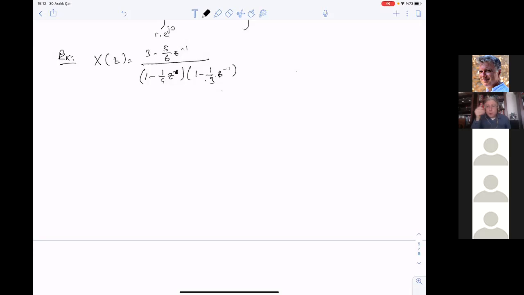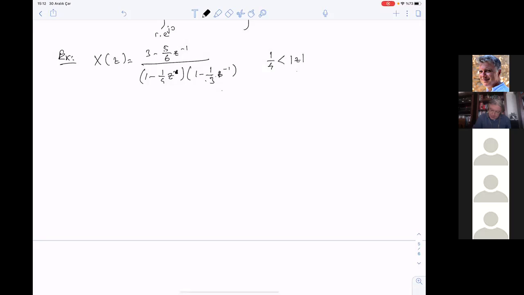So as you see, there are two poles, and these two poles are making it a second order system. So we must have two solutions to this, two half exponentials. It's like a to the n u of n or a to the n u of minus n minus 1 types of solutions. So everything depends on how you can split it into first order components, which you should be able to do. And the second one is, of course, the region of convergence, which is given for this one